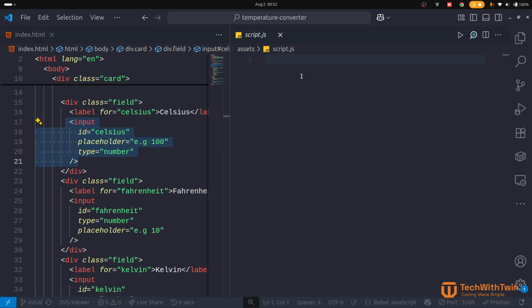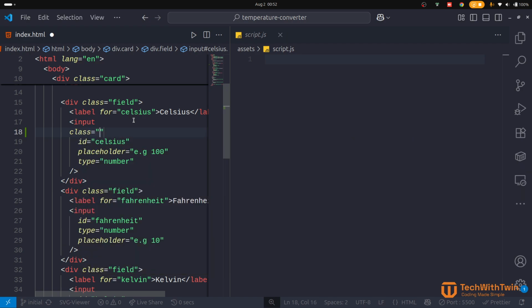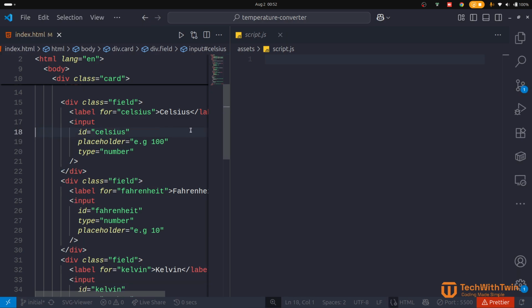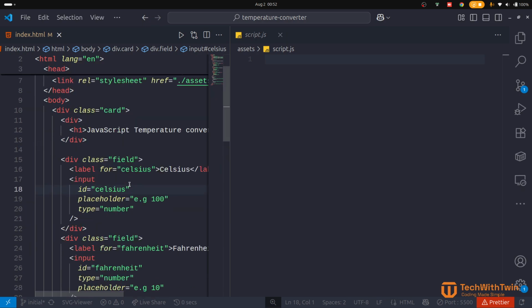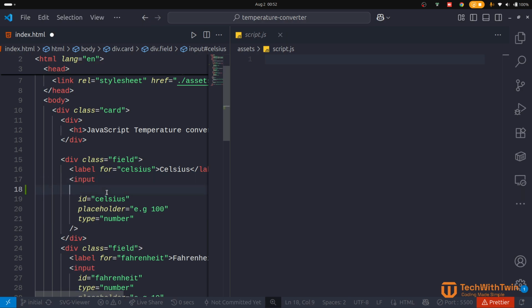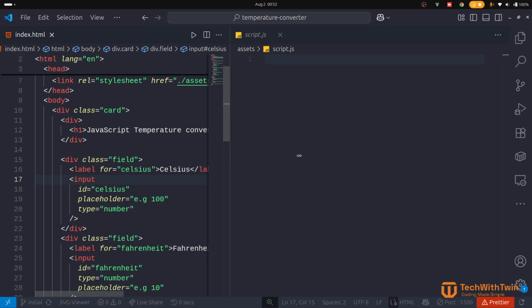To get access to an element in the DOM, we have very many ways, because the DOM gives us many options. We could use the ID, we could use the tag, and we could also use the class name. If you give this a class, we can access it using the class itself, and we could get it using the tag and all that. But what I'm going to use is a very common way of accessing DOM elements, which is getElementById. So what I can say is const